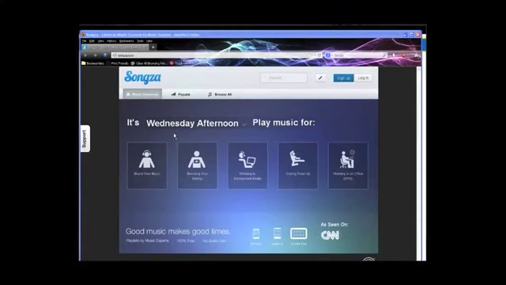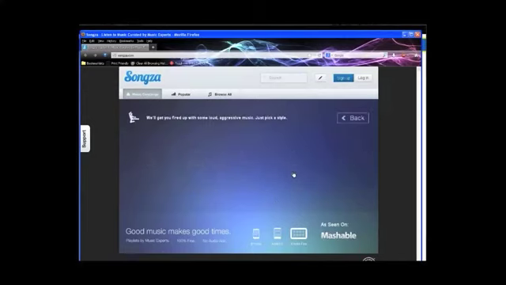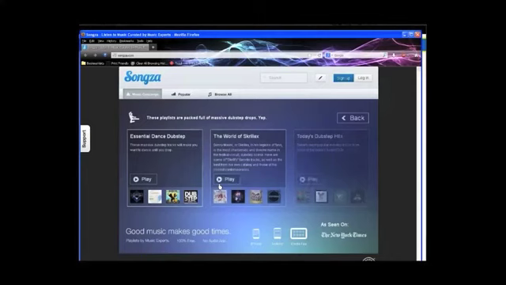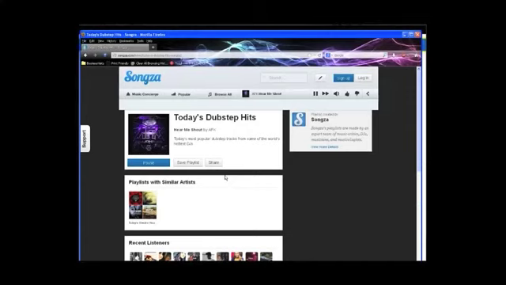playlists. So depending on what time it is in the day, what day it is, it's Wednesday afternoon, for example, play music for brand new music, boosting your energy. It's late in the afternoon. For me, it's Central Daylight Time. It's after lunch. I clearly need some dubstep drops just to get my energy back up and to listen to something that terrifies me. So you can listen to today's dubstep hits and then start listening to that and write a whole bunch of fact sheets and finish all the content and edits for the website on top of planning for a Joy Board Retreat. You've got this down. It's like you're a rock star because you are having to create all of this content